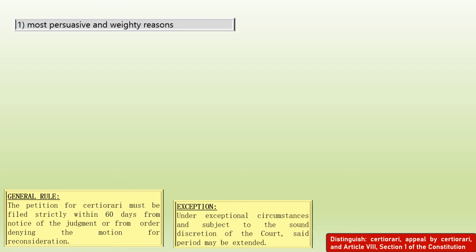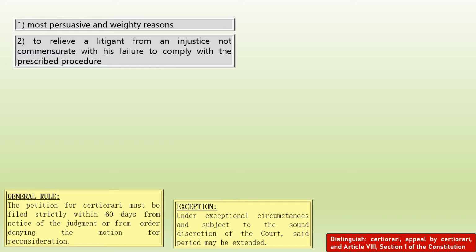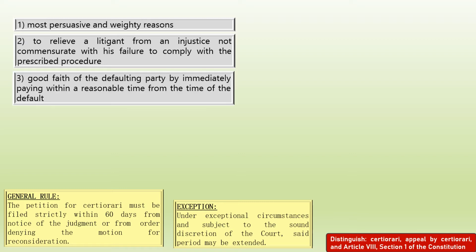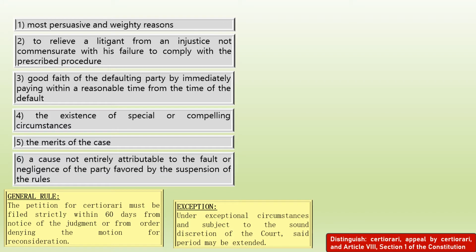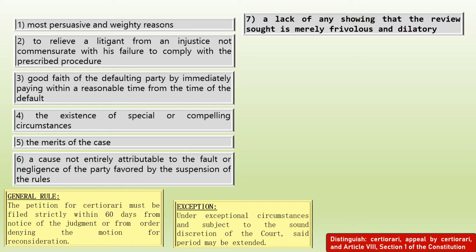Number one is if there are most persuasive and weighty reasons, or if you want to relieve a litigant from an injustice not commensurate with his failure to comply with the prescribed procedure, if there is good faith on the part of the defaulting party by immediately paying within a reasonable time from the time of the default. Number four is if there is an existence of special or compelling circumstances, the merits of the case, a cause not entirely attributable to the fault or negligence of the party favored by the suspension of the rules. If there is a lack of any showing that the review sought is merely frivolous and dilatory,